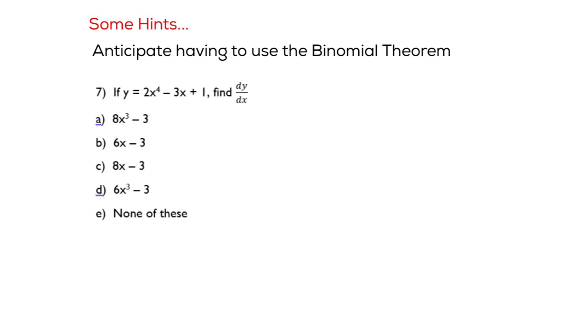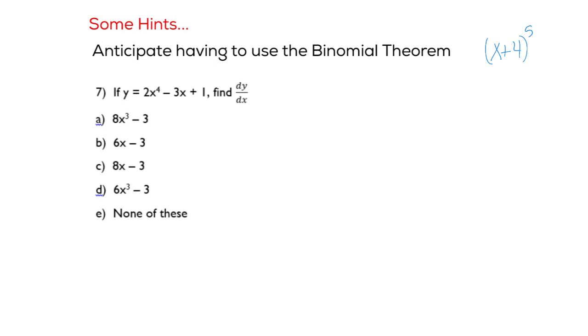All right, now I don't want to do all the easy ones at the beginning, so we're going to jump to number 7 here. And this one, my hint is anticipate having to use the binomial theorem. The binomial theorem is the thing that says, hey, you could take x plus 4 to the 5th power. Remember how we do that? Okay, so